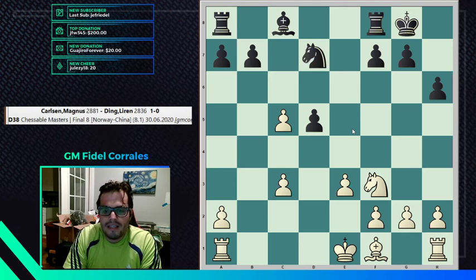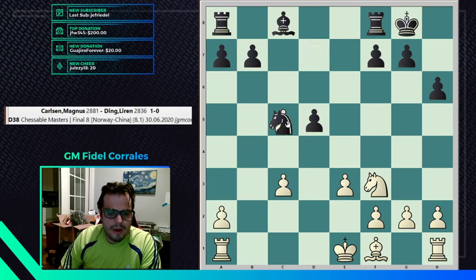Black goes knight d7, and here we go again. This is where Magnus once again proved his amazing endgame technique. I mean, this looks like an endgame that should be about a draw. I don't think I've ever seen anyone playing this position before at the high level, because it's supposed to be equal. I'm trying to get this pawn on c5, and if I manage to get this pawn on c5,